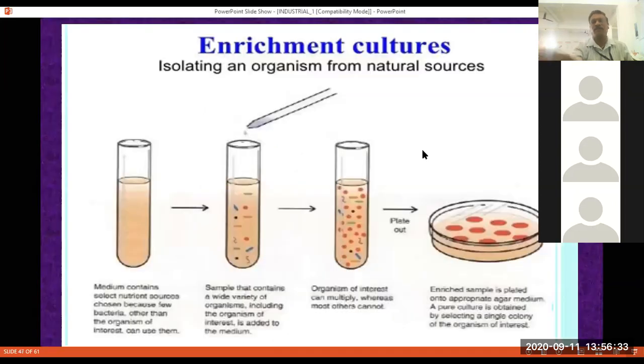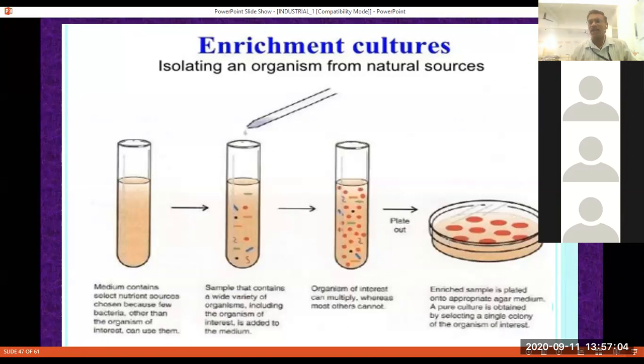Now this is one of the sketches from yesterday. For the enriched culture, you require a medium containing a variety of chemicals, but one of the chemicals is lacking. Later this minimal medium is enriched with the samples and poured, and we get growth. So the organisms grow because of the addition of certain chemicals. That is known as enrichment.